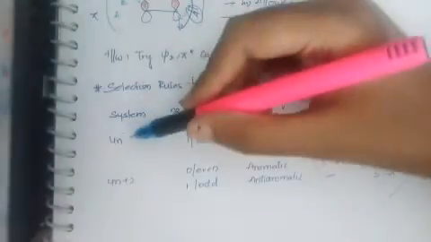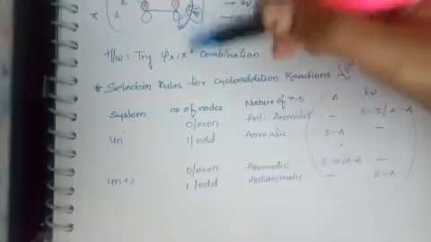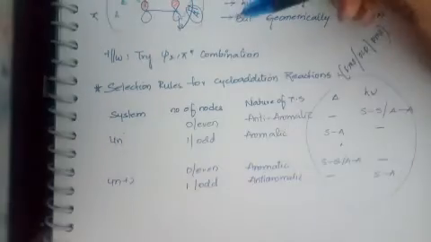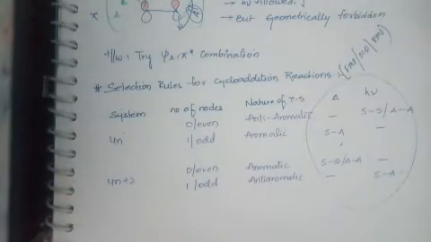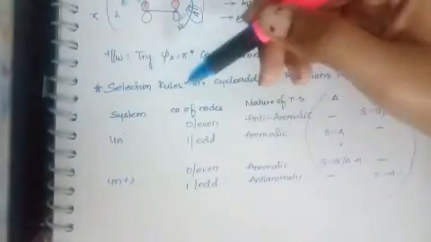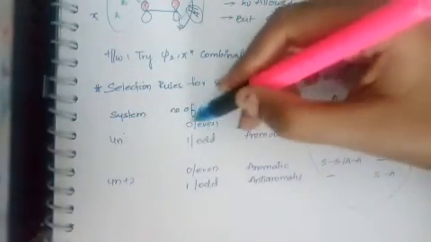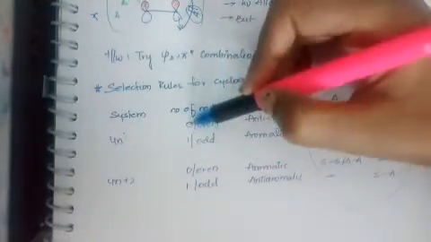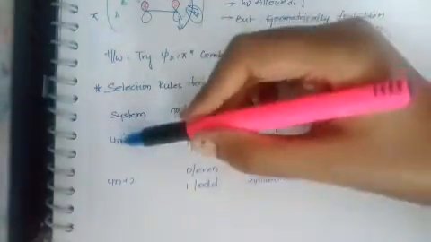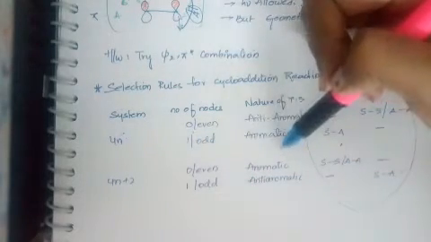Now here first I am taking the system: 4n and 4n+2. Next column, consider number of nodes. Third is nature of transition state. Fourth is thermal, and fifth is photochemical conditions. Now first I am taking the 4n system. Two possibilities are there, no? 0 or even, 1 or odd. So now a 4n system with 0 number of nodes is anti-aromatic. A 4n system with odd number of nodes is